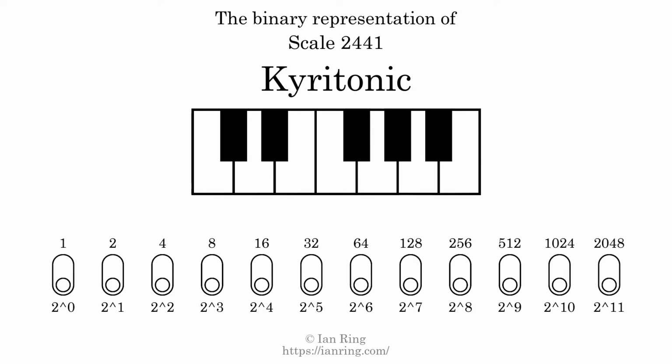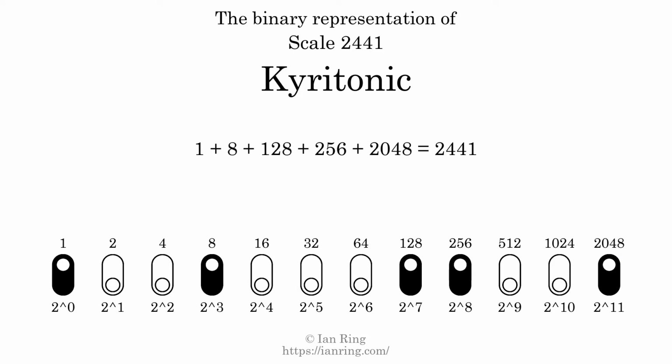The binary representation of this scale is determined by mapping tones of the scale to binary digits. Each binary digit represents a power of 2. To get the scale number, we add the powers of 2 together. The powers of 2 that are present in the scale, all added together, equals 2441. That is why the scale number, in decimal, is